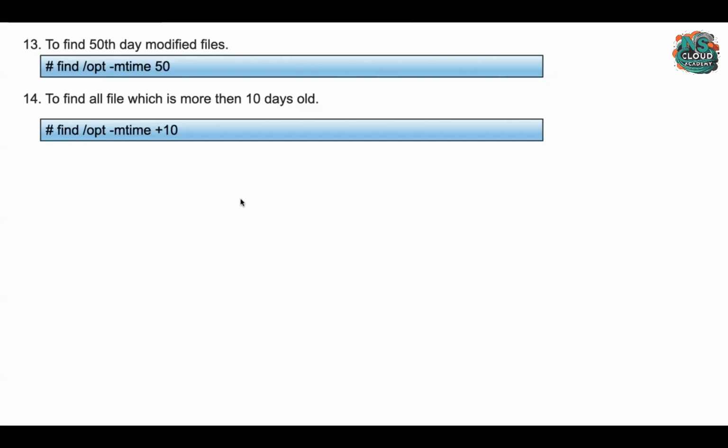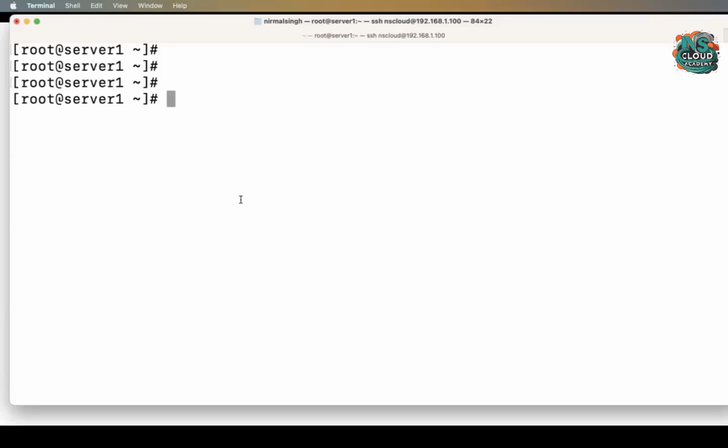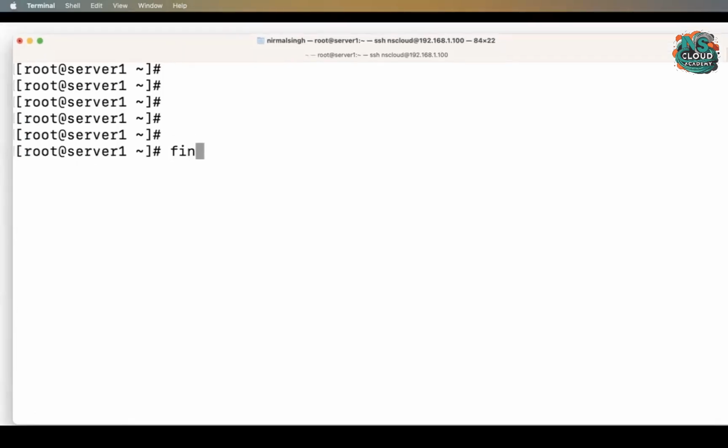You have to use plus 10, which means it will find files older than 10 days only. And if you want to find newer than 10 days, you have to use minus 10, right? Let's go on a terminal and then, all right, find here. So like find space slash opt,